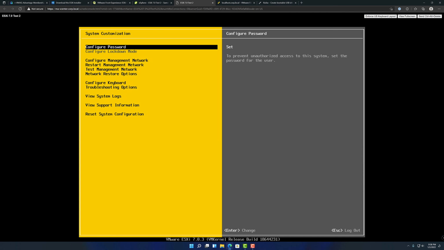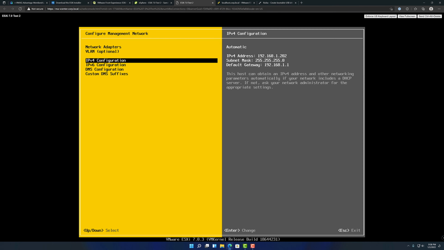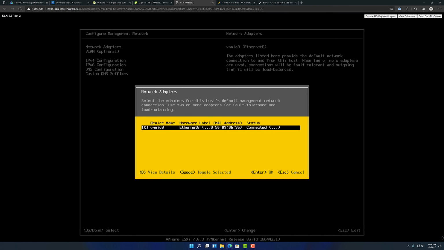This is also where you would go if for some reason you didn't have a network address available because your network didn't have DHCP or something like that on it. You can come in here and static an address in, and hopefully you'll be able to get connected to your host. So you go over to Configure Management Network, and then you go under IPv4 configuration. One other thing you can check here is if you go into network adapters, you can see if it recognizes your